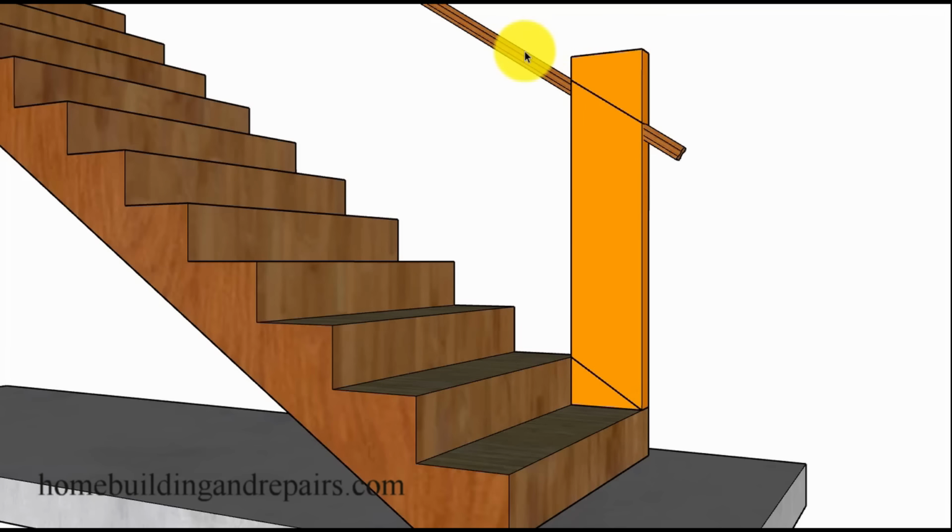And there are guardrails that you can hold on to. I understand that, but the height of a guardrail is usually going to be 42 inches. The height of a grippable handrail is going to be 38 inches. So we won't be able to use the 38-inch measurement for a guardrail. Hope that makes sense. So if I measure from the front of the tread, the face of the tread,